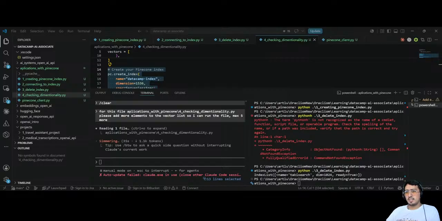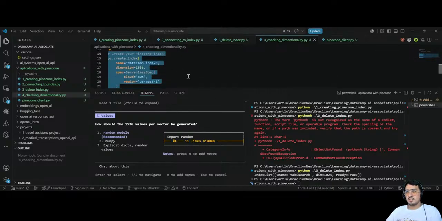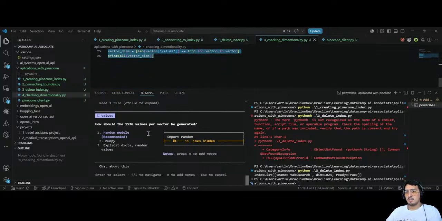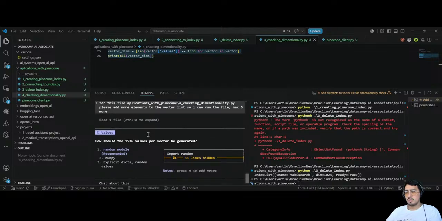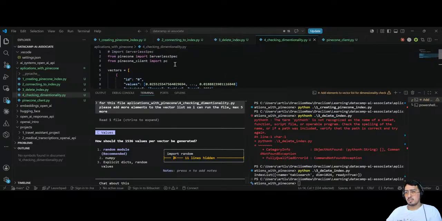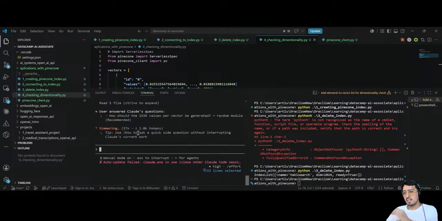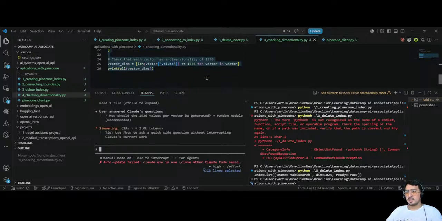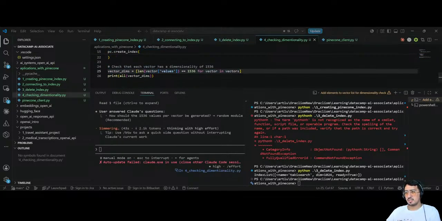For vectors in here, here's vectors. So a random model, I think, is better. And here should be for vectors. So now if I run the code,